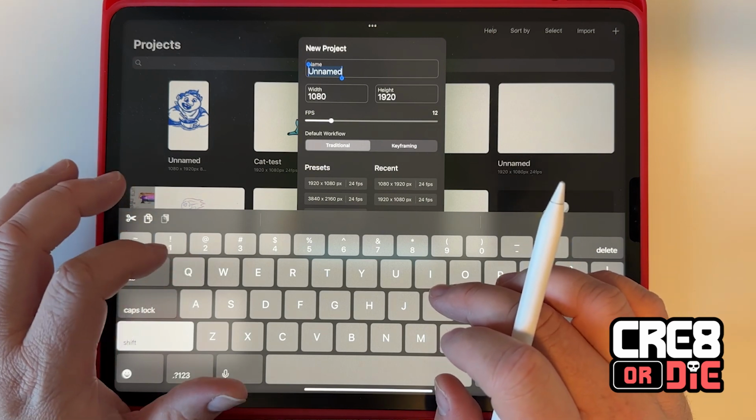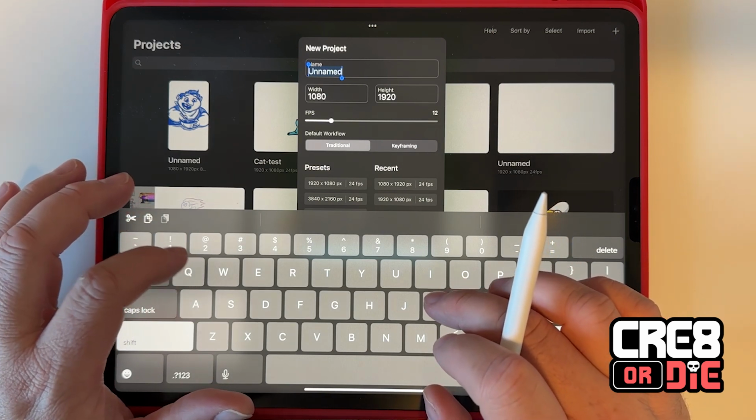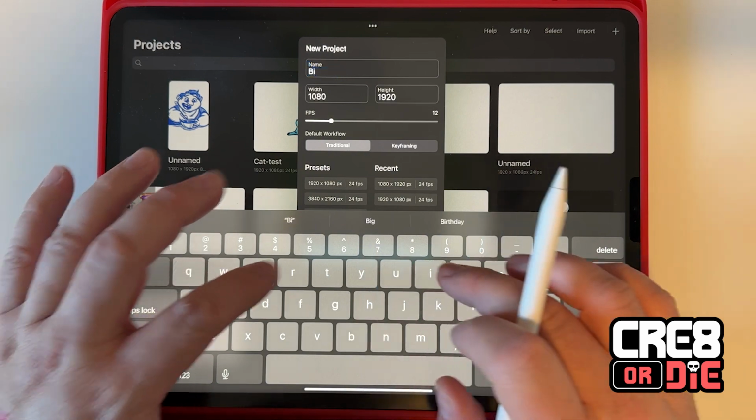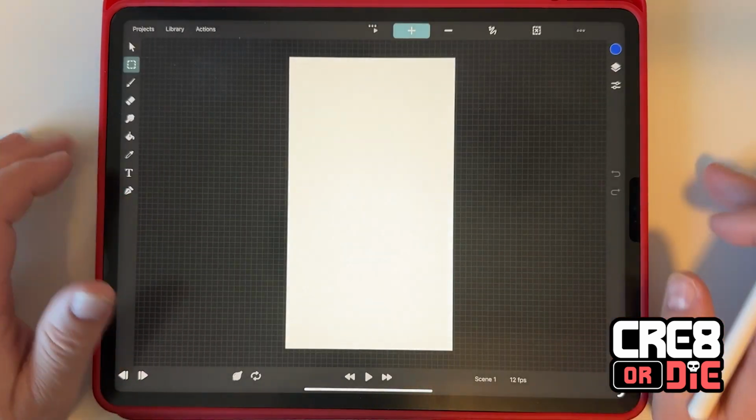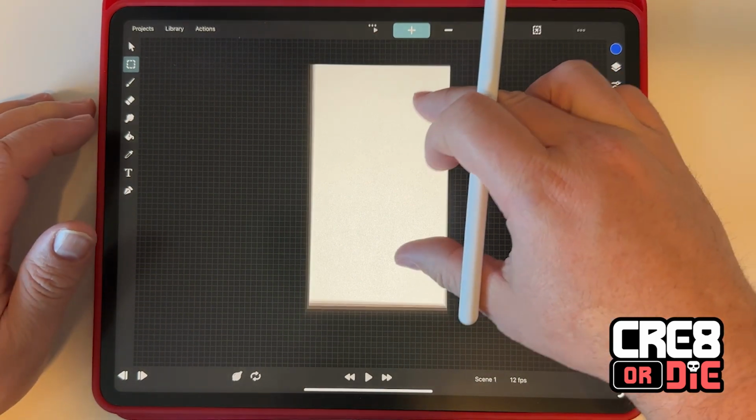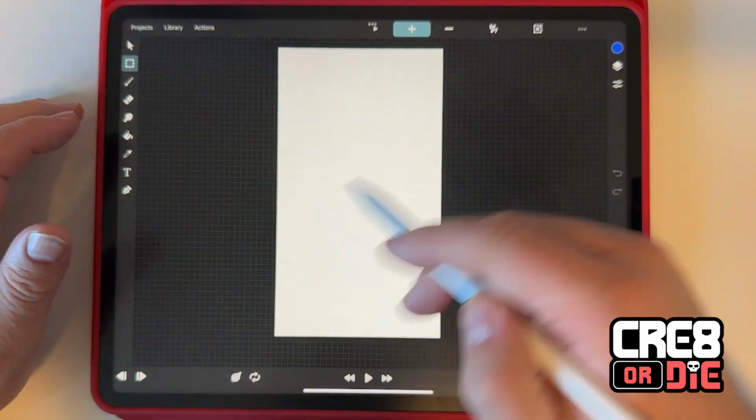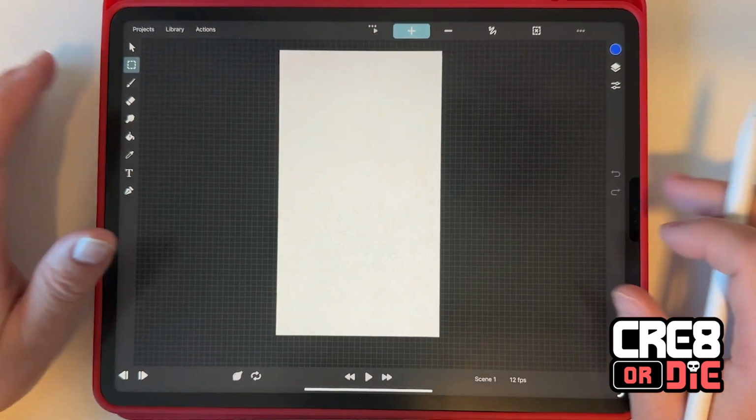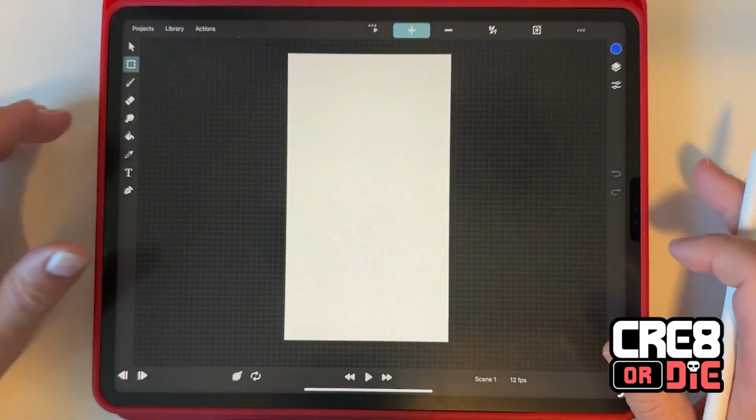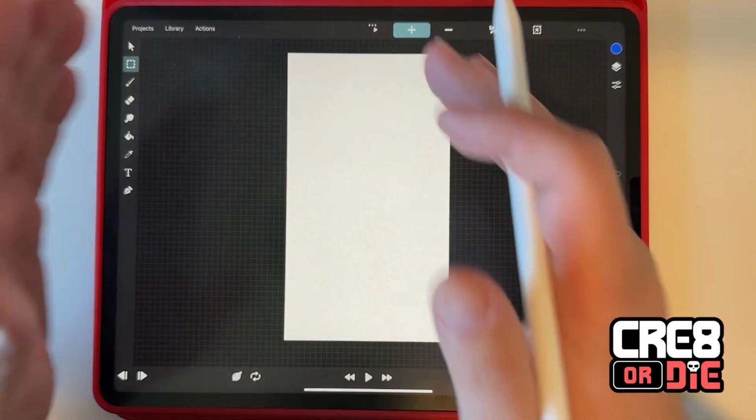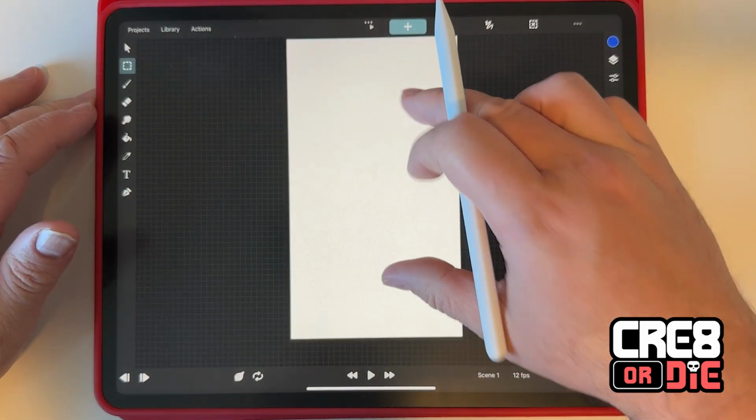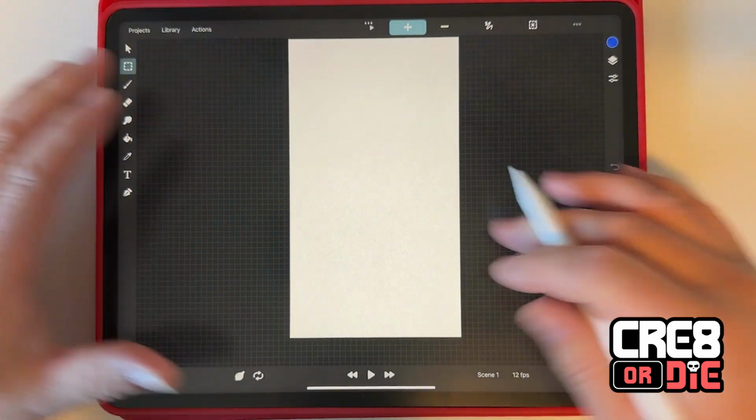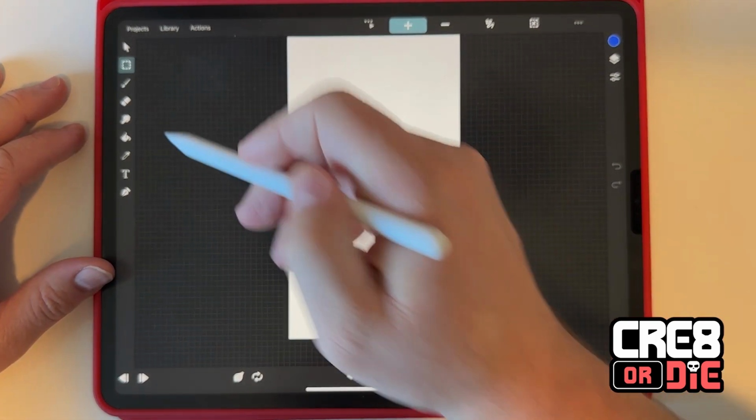Let's see, what do we want to animate? Bird. Okay. Create that. Got us an animation. This is 1080 by 1920, which is great for YouTube Shorts or the phone if you're going to put it on social. So just to give you a quick idea of what's going on here, you've got your tools down